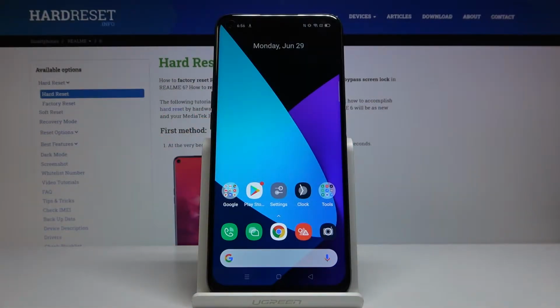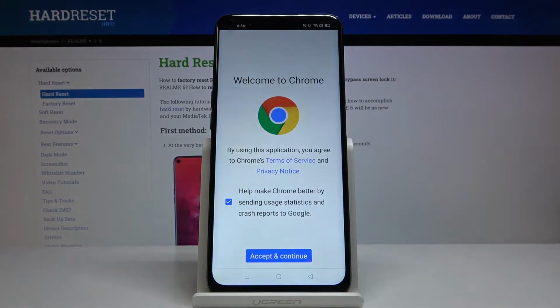Welcome. If you are looking for downloaded files in your Realme 6S, right now I'm going to show you where you can find it. So for the first, open Google Chrome